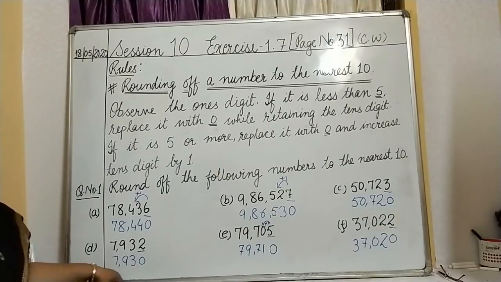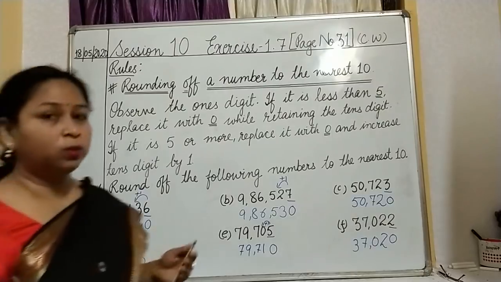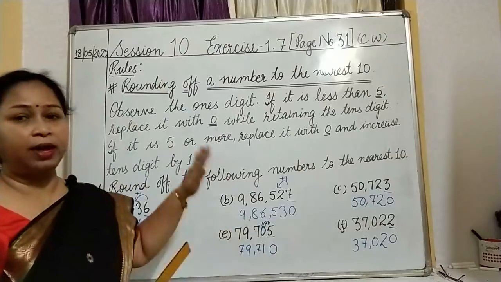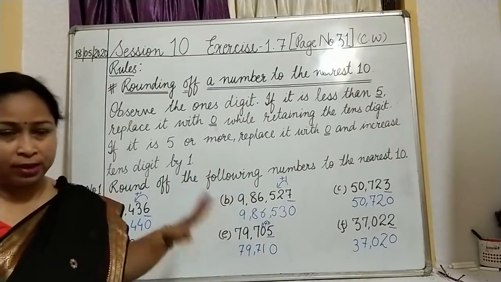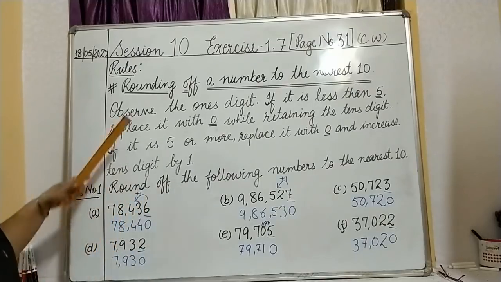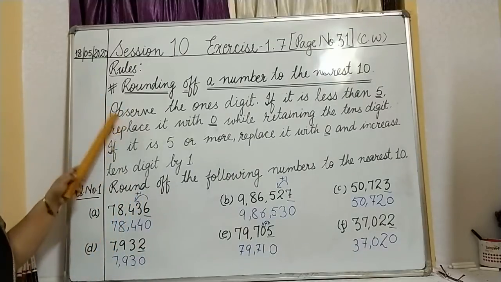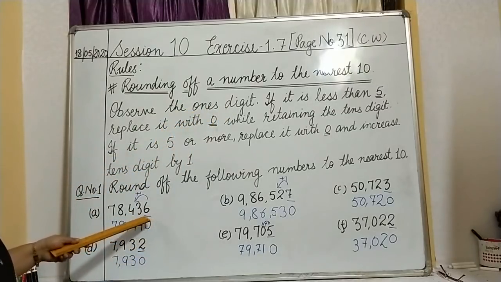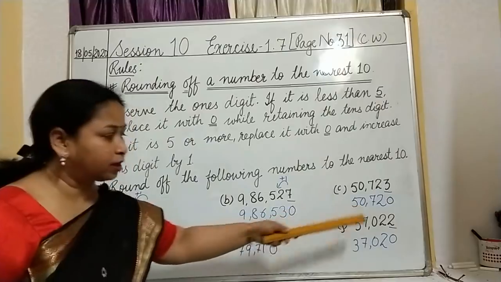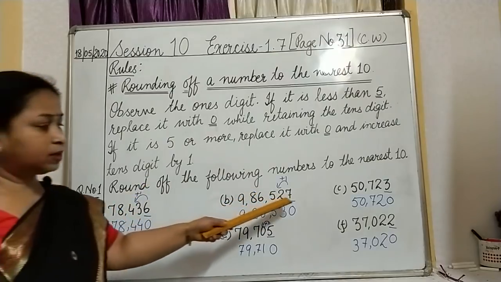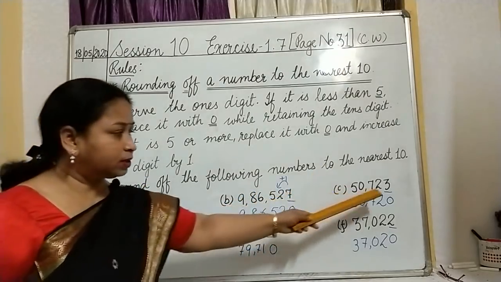Done the first question, but I will explain it. We have done it together, but there are some who will really face problems solving this, I know. So once again I will repeat it. Now listen carefully, each step I am going to explain. First, we observed the ones digit, and we underlined the digits given at ones place. As in question number A, 6 is present at ones place. Question number B, 7. Then question number C, 3.